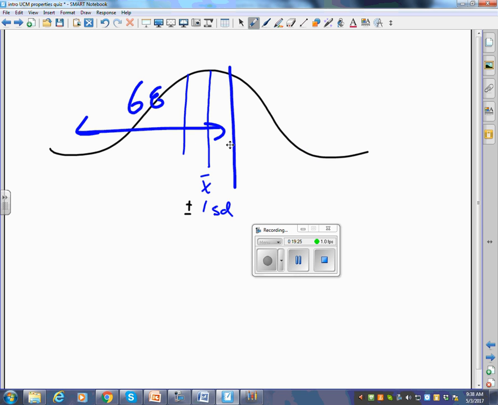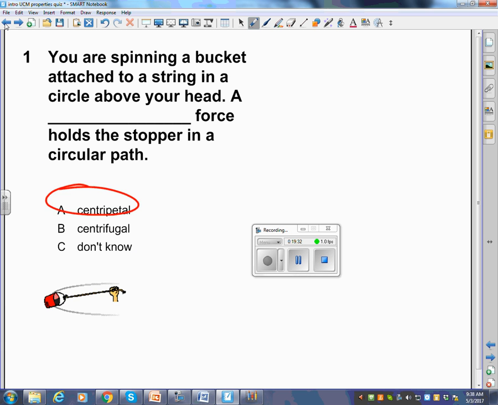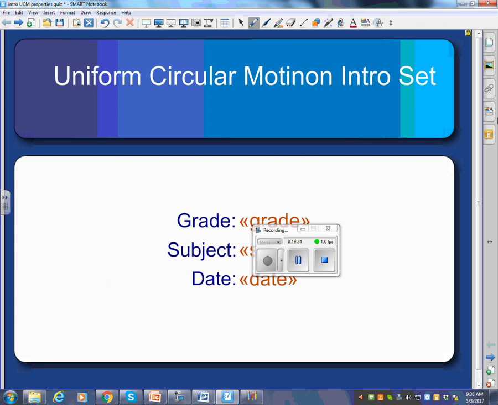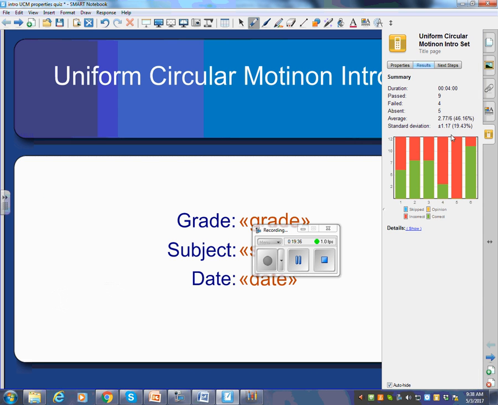So going back to our quiz, this is only 6 or 7 questions, so it's not really applicable, but the average mark was 2.77, and 68% of you are within 2.77 plus or minus 1.17